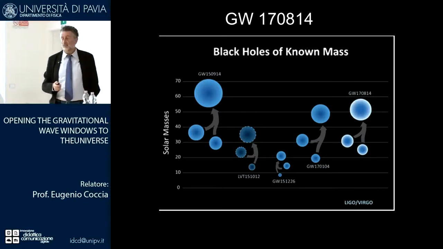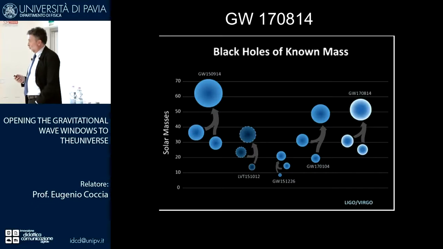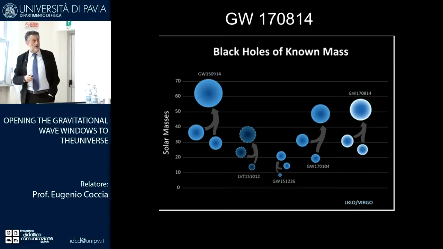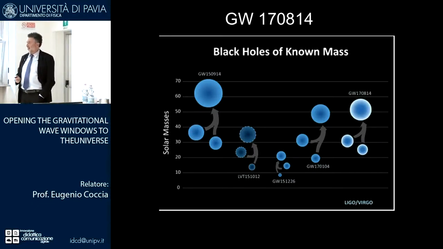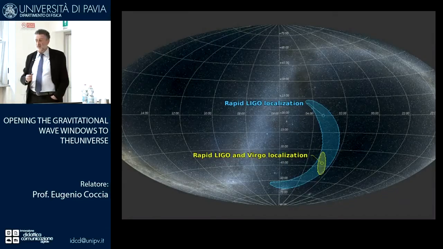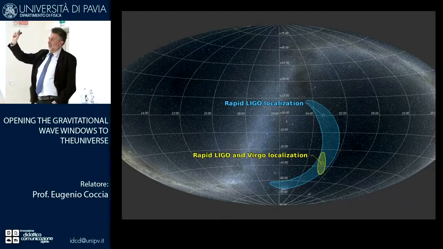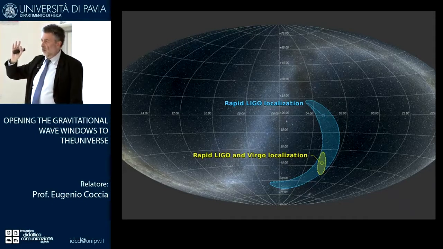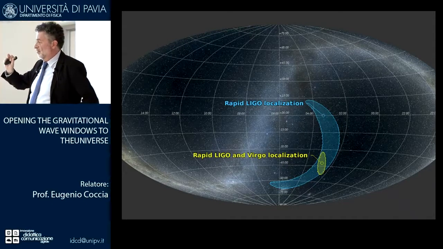And this year, on August 14, Virgo was finally taking data together with LIGO, and a new merging of two black holes into a larger one happened. So this time, you see, the localization in the sky is quite difficult with the two detectors, because